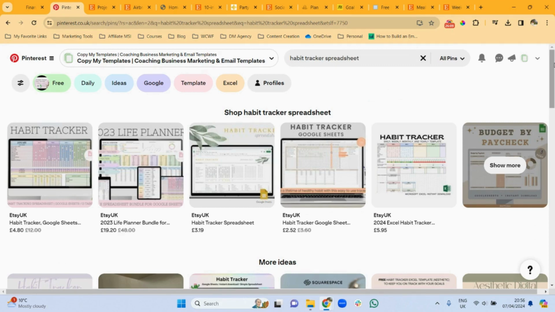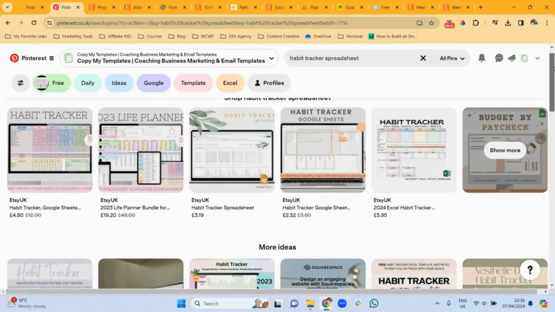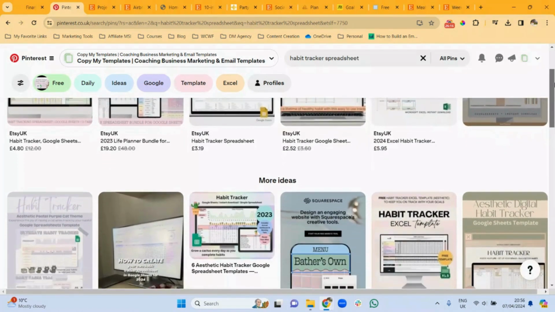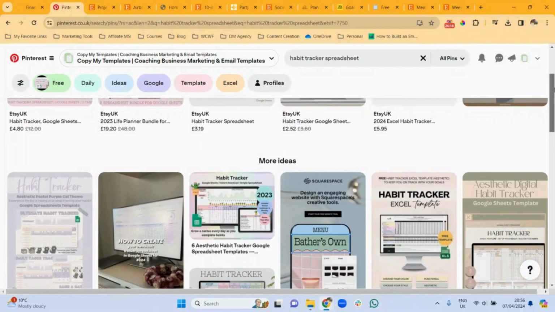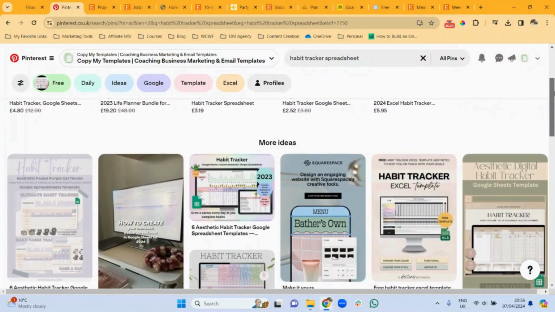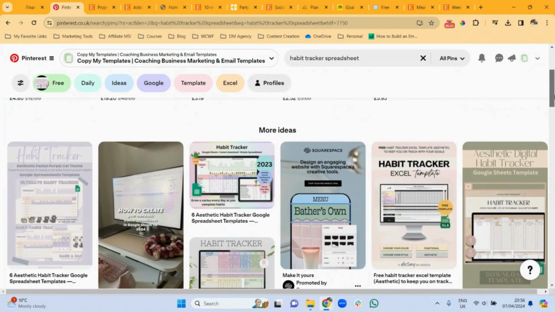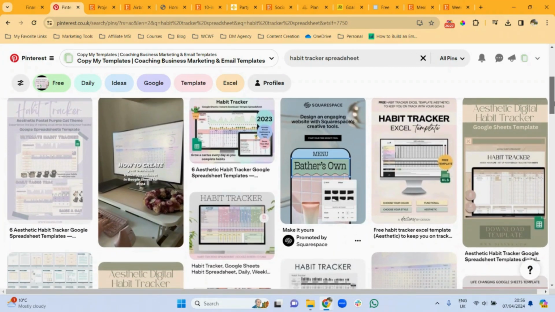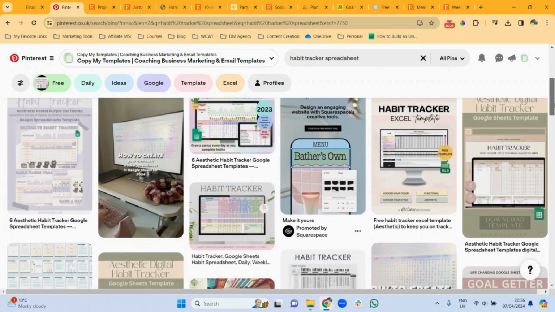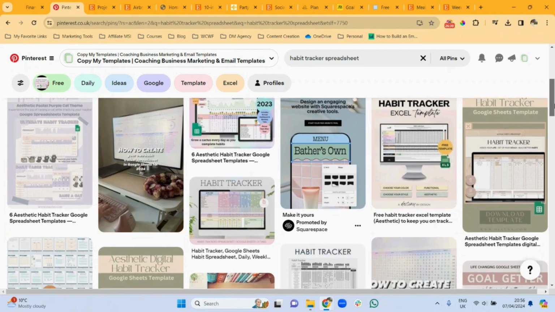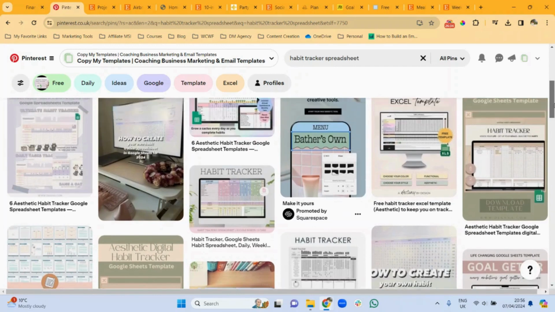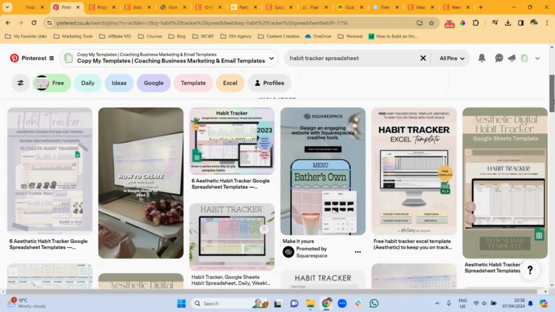And then the last spreadsheet idea that I have for you is a habit tracker spreadsheet. Now, what is a habit tracker? This is a spreadsheet that you can design to help people develop new habits and break old ones, or track their progress if they're using habits to remain consistent. So creating the spreadsheet and selling it allows users to set goals. They can track daily habits and then visualize their progress over time.